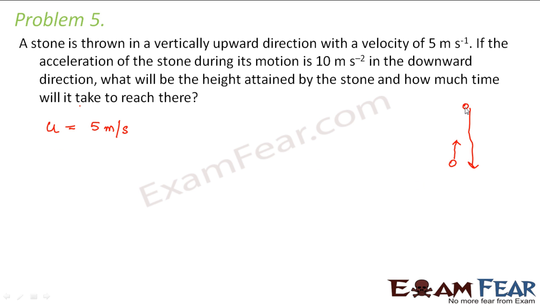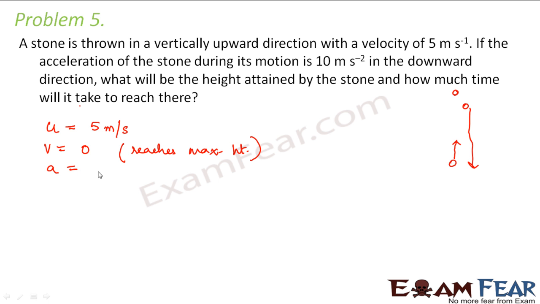What will happen when the stone is thrown upward? It will reach the maximum point. The point where it reached, from where it will revert back and start falling back. At that point, that means at that maximum height, the velocity would be 0, because when it reaches the maximum point, it becomes stationary for a while. So at that maximum height, velocity v is equal to 0. So this refers to the maximum height.